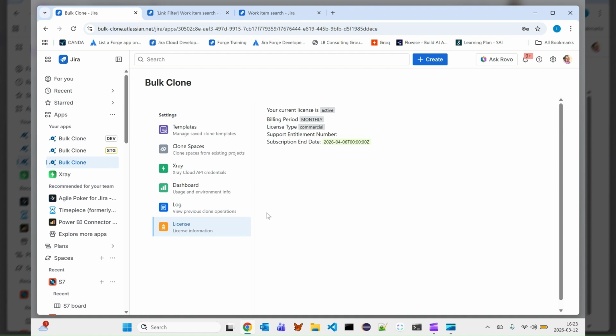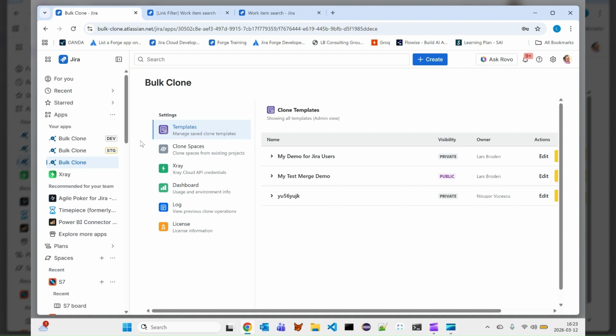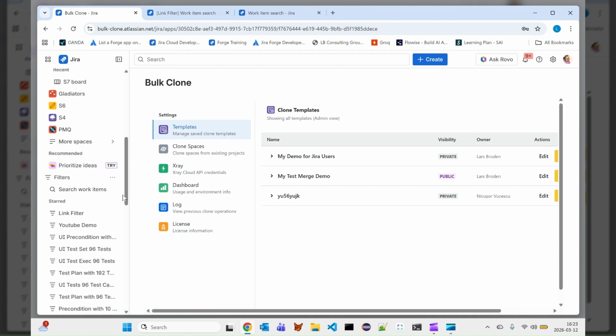You can see what type of license you're running on. So these are the admin aspects and the setup aspects of things. Certain things are just permitted for Jira admins to do, and other things like templates, for instance, you can go in and edit yourself if you have saved them. So let's move now into some of the